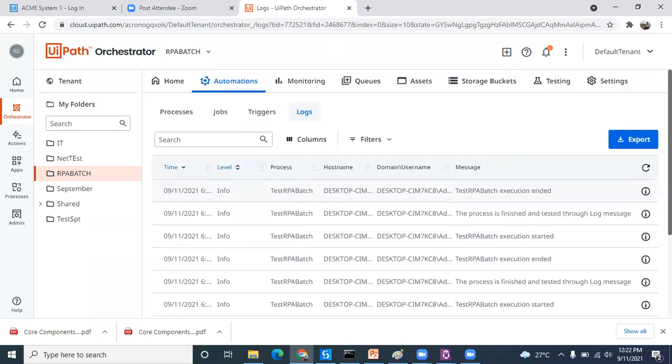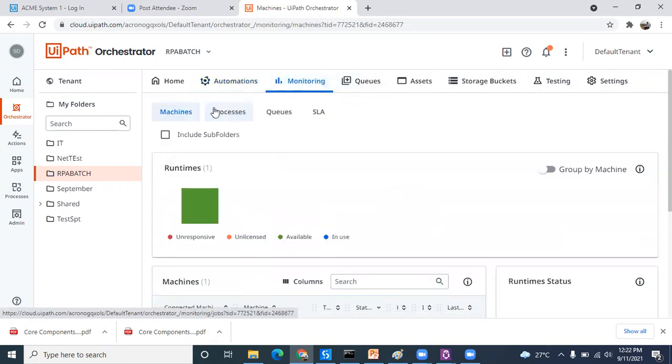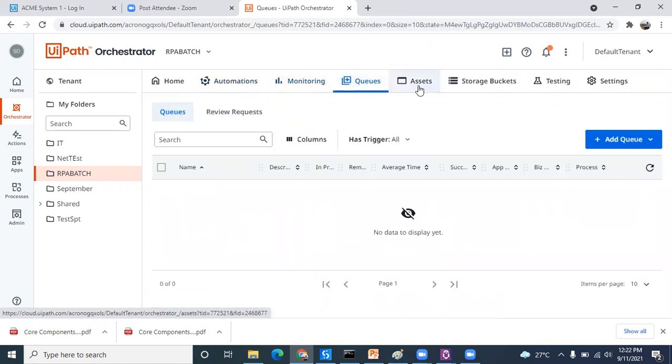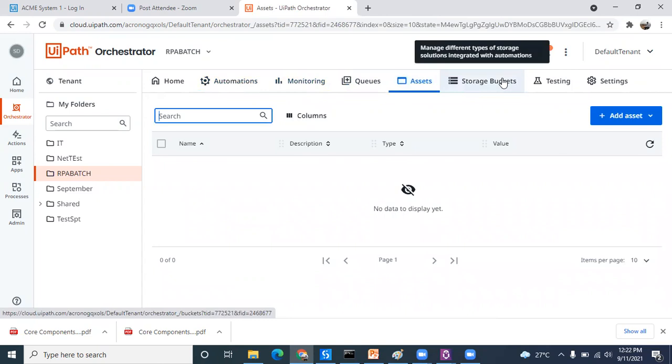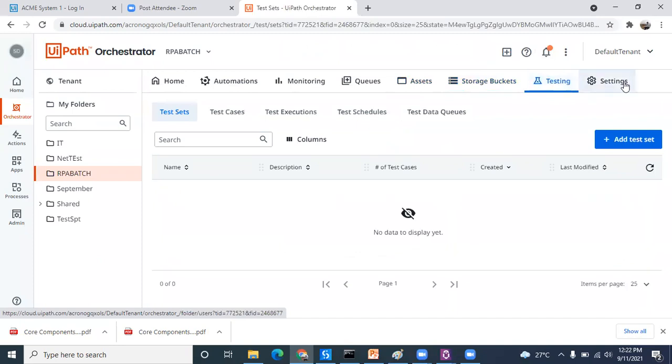Hands-on is very important. Until and unless you do it, you may not understand how it works. In monitoring, again the same: process, queue, service level agreement, that is not in consideration right now. Queue and asset I will start in the next session. Storage bucket is also a little bit advanced, that is not mandatory. Testing is also, this is recently